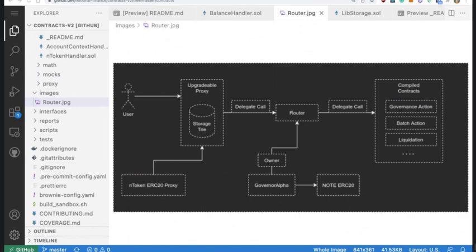Now, it's good enough for quite simple contracts. If you just have 3 storage slots or whatever on a one-file contract, it works great. But for a more complex system like this, where you have 15 contracts and they need to access the same data, it's not a reliable way to do it. So if you look at lib storage, it makes it easier. What we're doing is